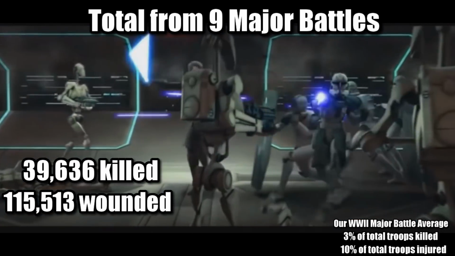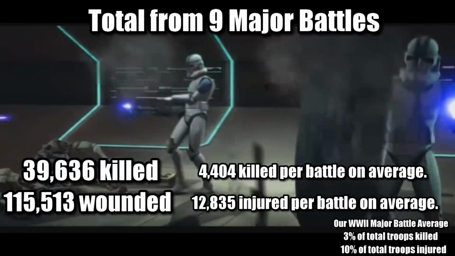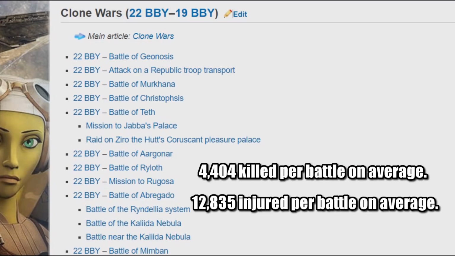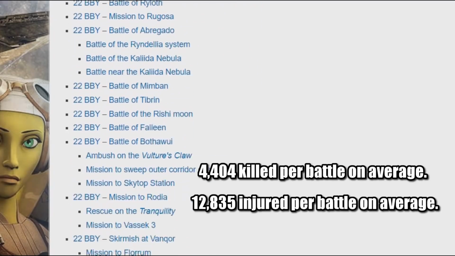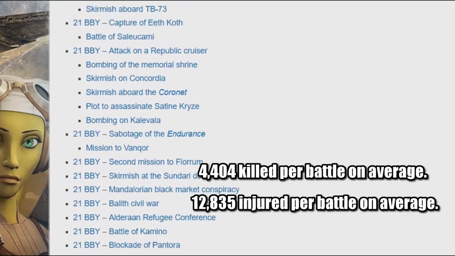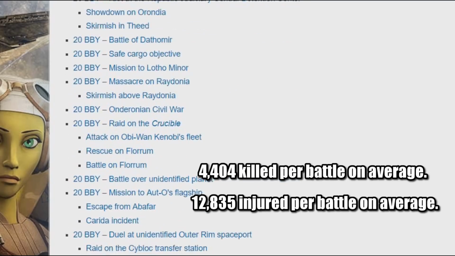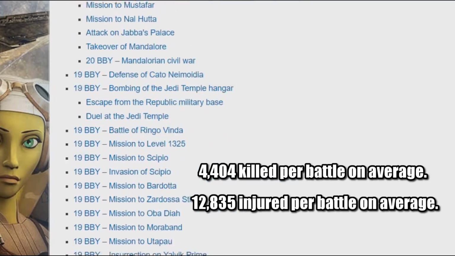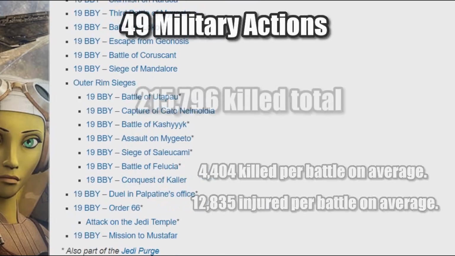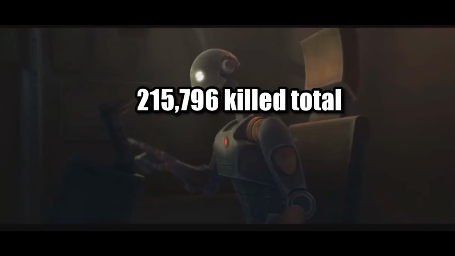What we can do to try and figure out the total Republic losses over the length of the Clone Wars is to divide this number by 9, getting the average killed and wounded, and then multiply that by the number of military actions in the Clone Wars. There is an incredibly long list on Wikipedia that I put in the description down below, but it includes some things like just diplomatic talks, or when a couple of Jedi went to a location, so just counting up the battles, invasions, attacks, or defenses, we get a total of 49 military actions. Multiplied by our average, gives us 215,796 clone troops killed, and